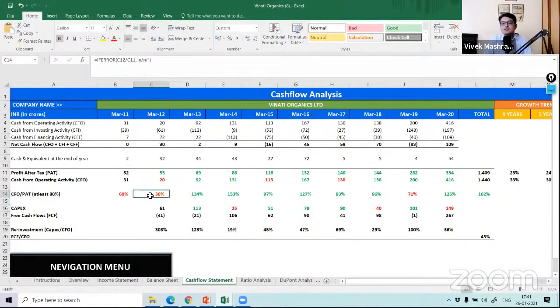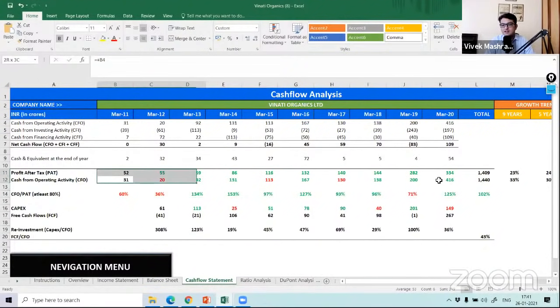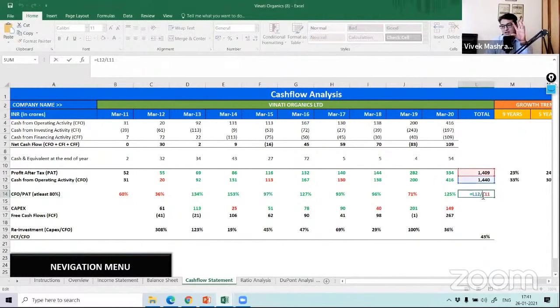So you have to see over the long term how much money is coming back to you. And that is where you have to see, this is the profit after tax, this is the cash flow from operating activities. At least 80% of your profit should come down as cash flow from operating activity on a long term basis. And this is where I've done a 10-year total divided by 10-year total. So this figure, if it is greater than 80%, generally it's a fine company. Generally it's okay. Clear why I've put this?